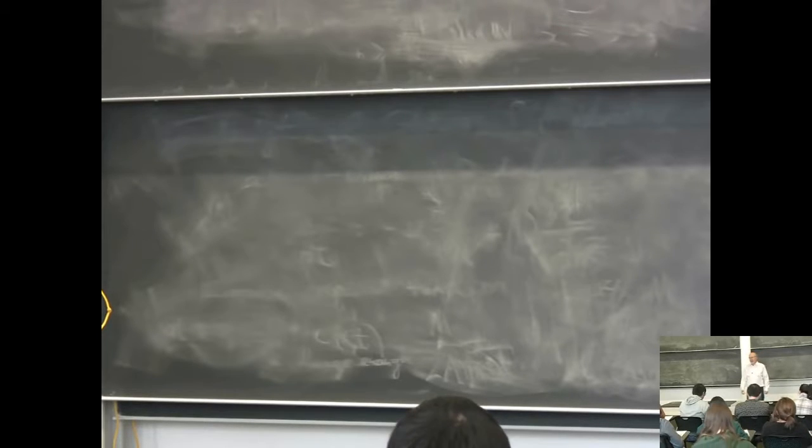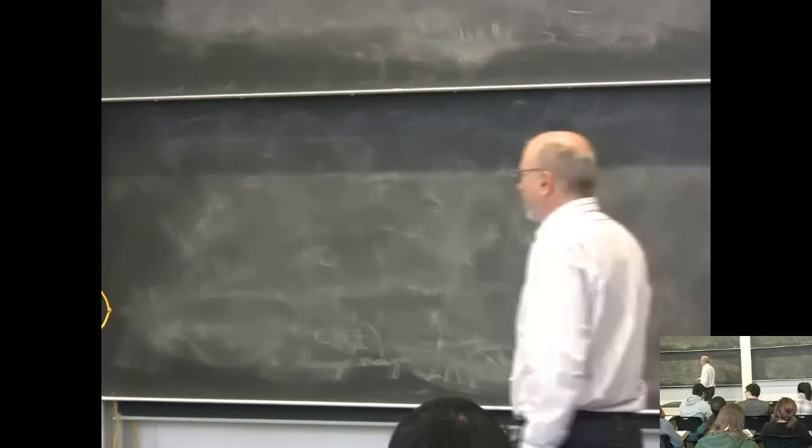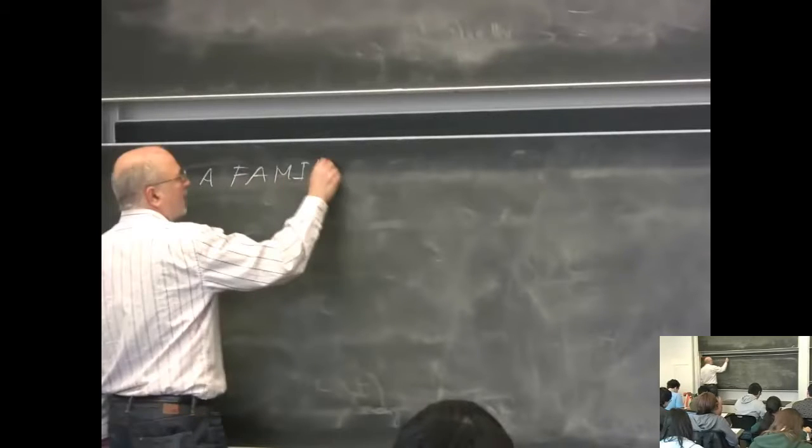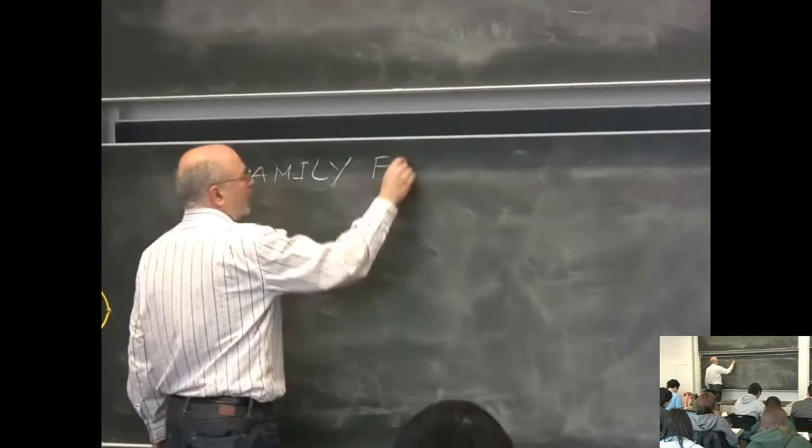I want to first retouch something we discussed last time, which is conjugate priors. The general definition of conjugate priors is a family of priors, say family F,